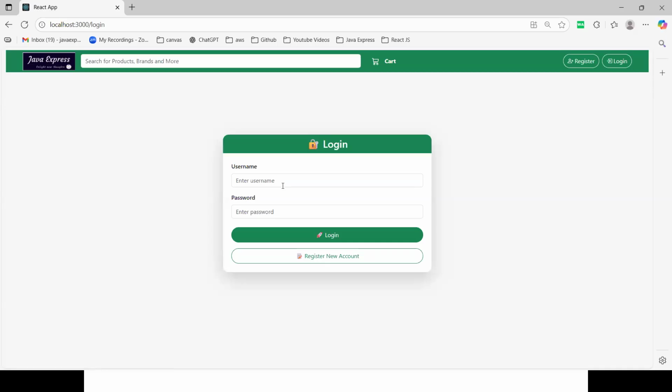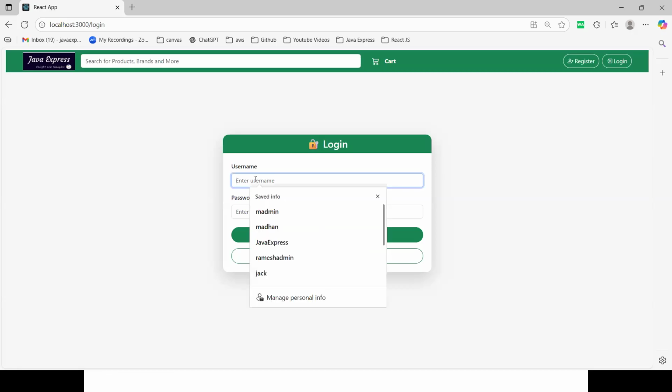This is a React based application. The backend is our Spring Boot REST API, usually with a microservices architecture, and React.js on the front end. Now, whenever I log in, suppose let me log in with the user. Let me do some registration here to get an idea of the front end, guys.